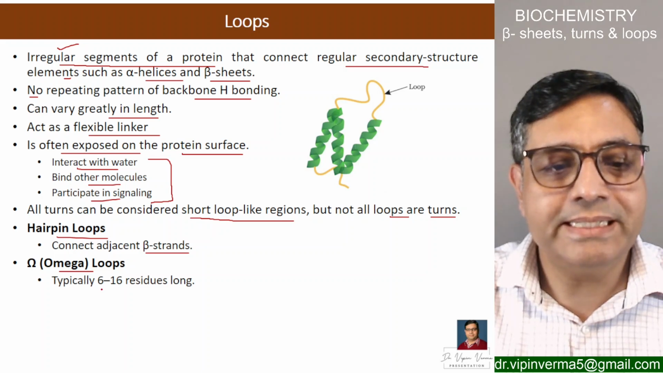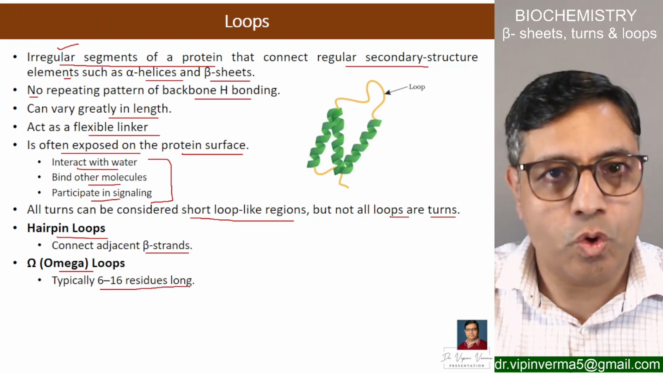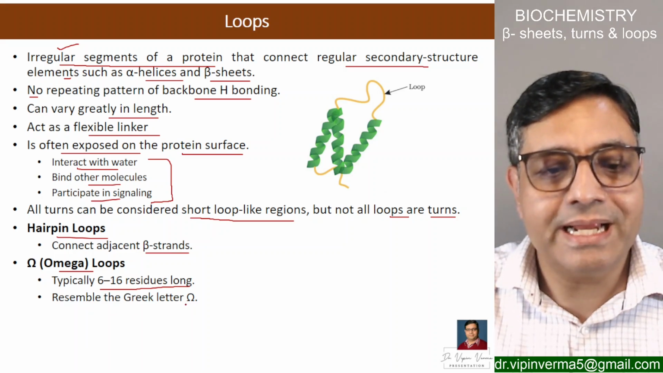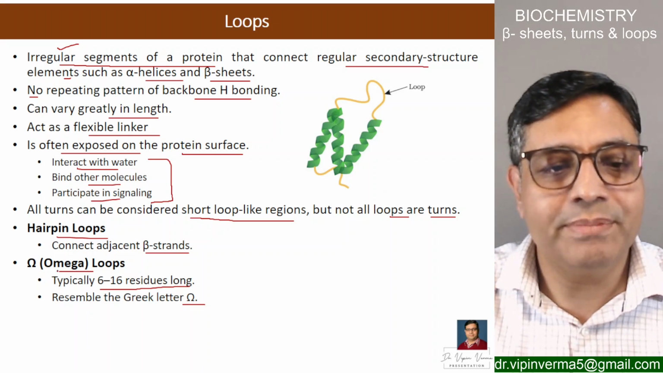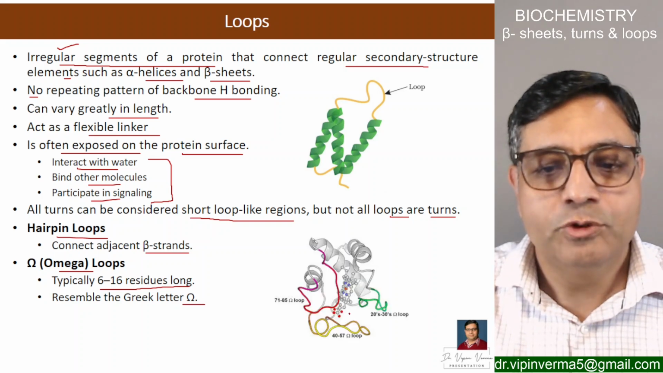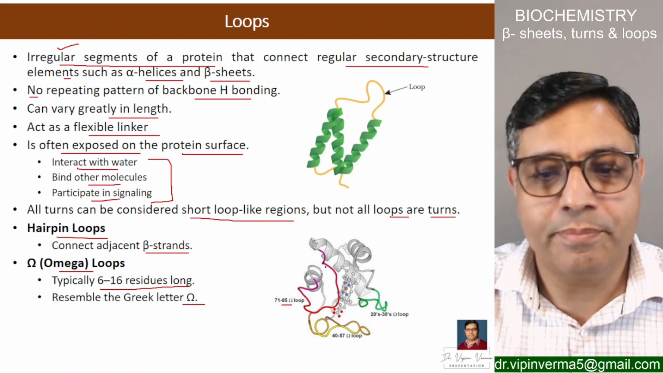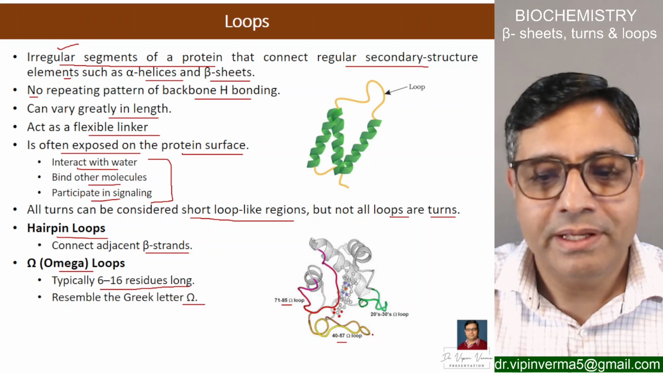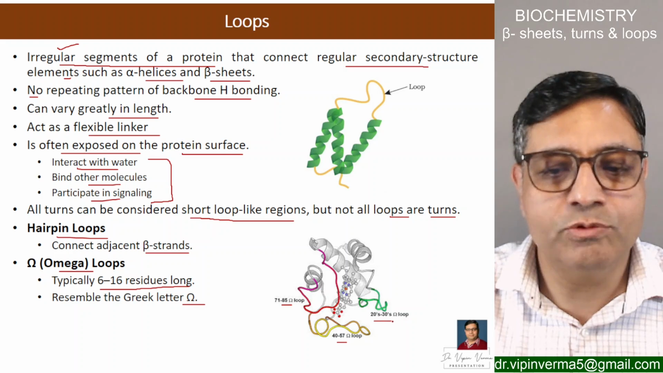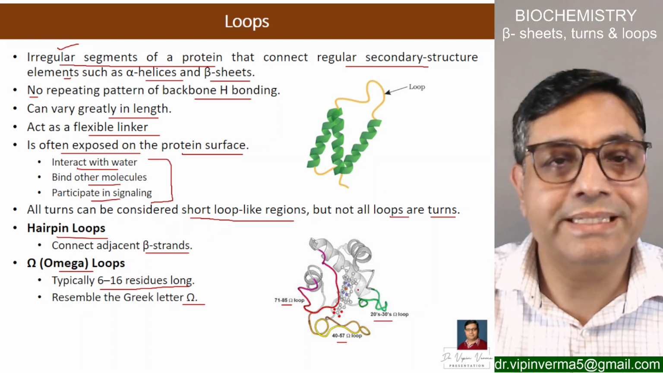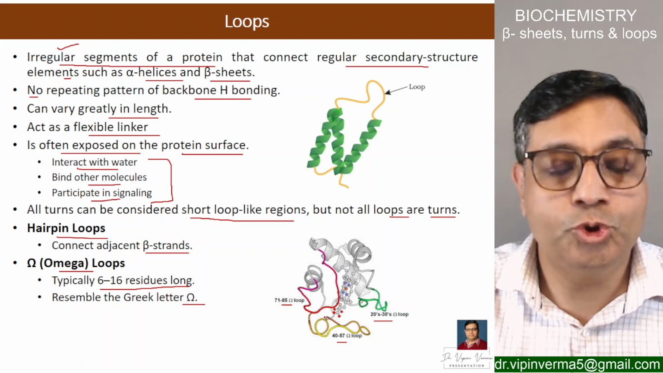They are typically 6 to 16 residues long, quite big, and they resemble the Greek letter omega, and that's why the name is the omega loop. So you can see here this is 71 to 85 omega loop forming omega. This is 40 to 57 omega loop, okay, and here it is 20 to 30 omega loop. So these are the residue numbers, and you can see here they very much resemble omega, not actually like omega,